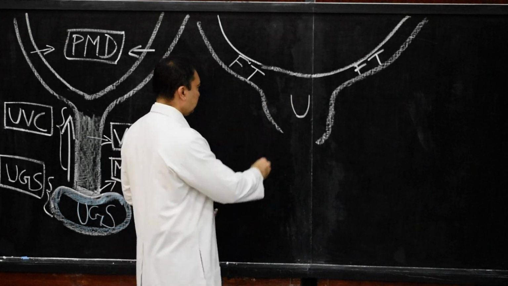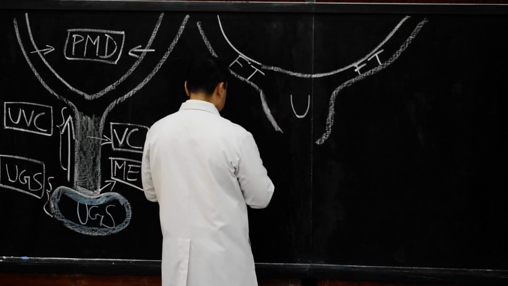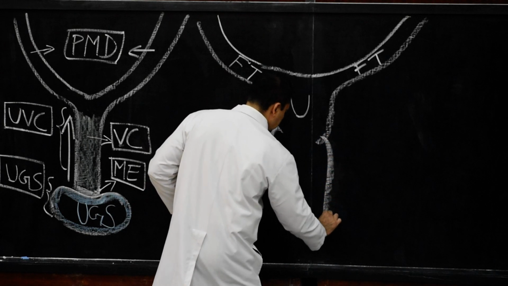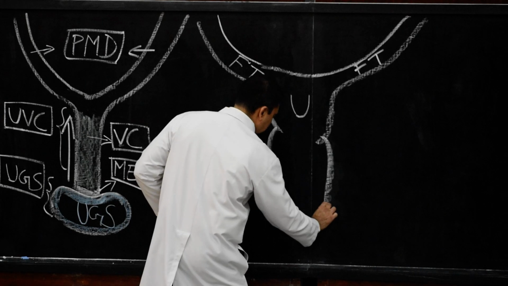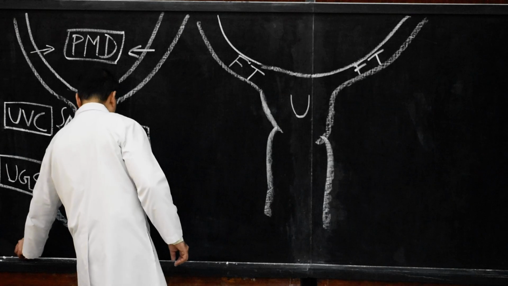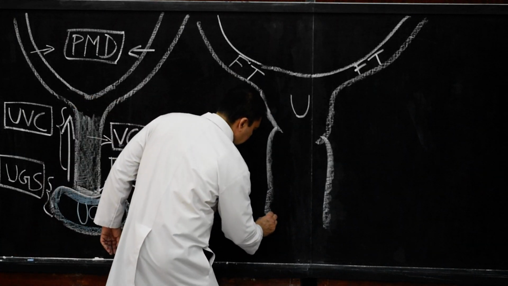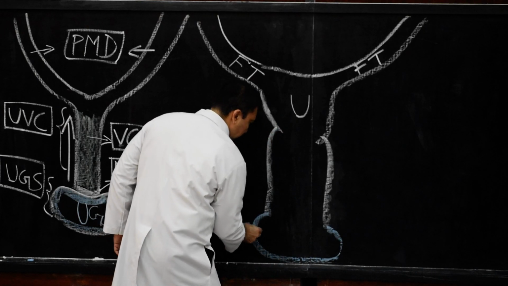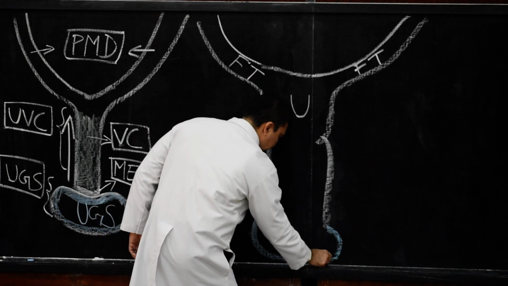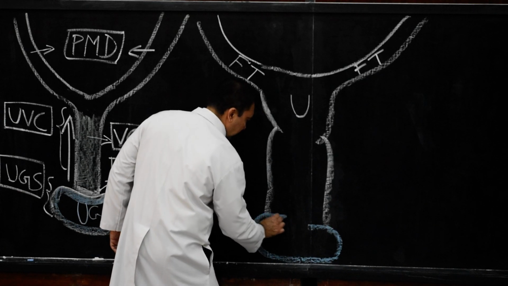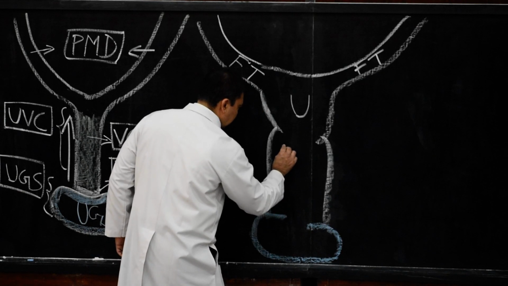Now the lower part. In the lower part, this is the uterovaginal canal, and in the most caudal segment we show the urogenital sinus. Now what will happen in the urogenital sinus is that the cells of this sinus will